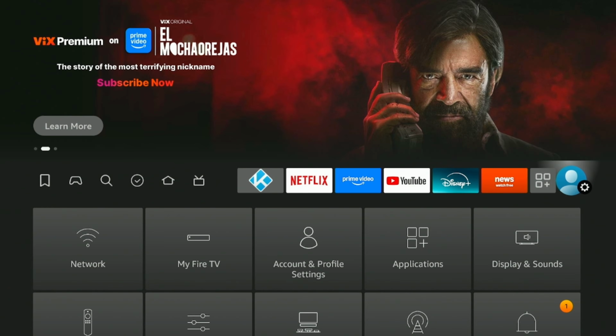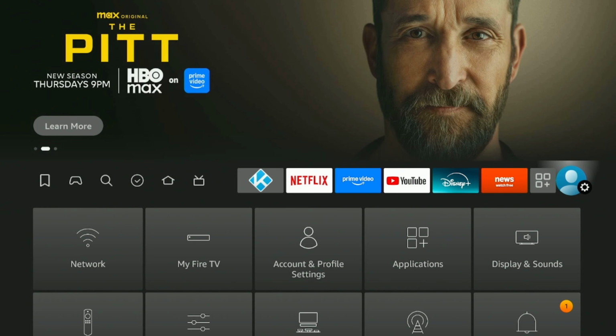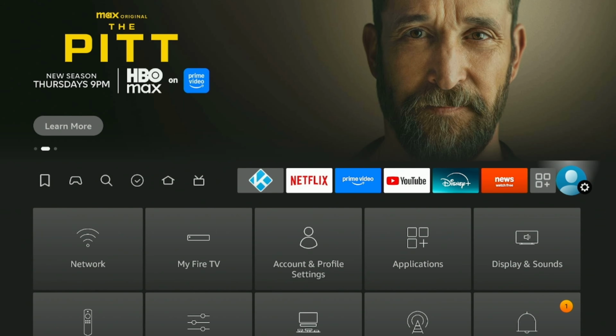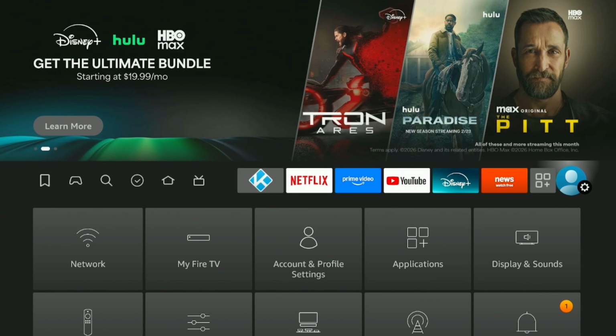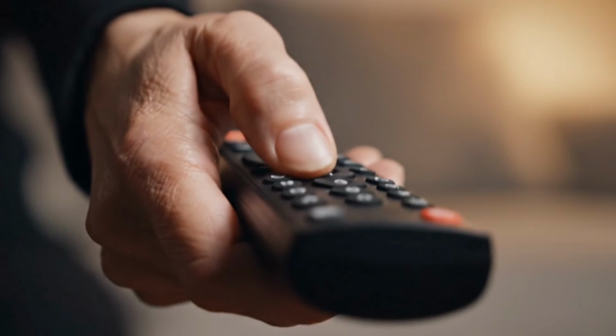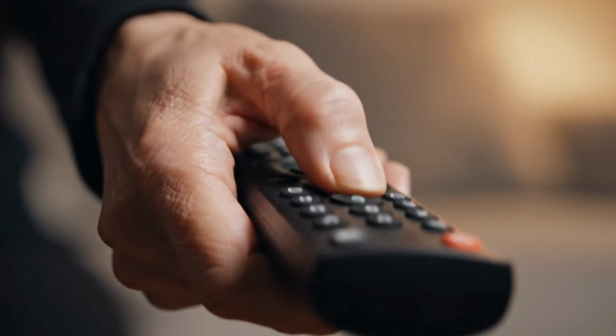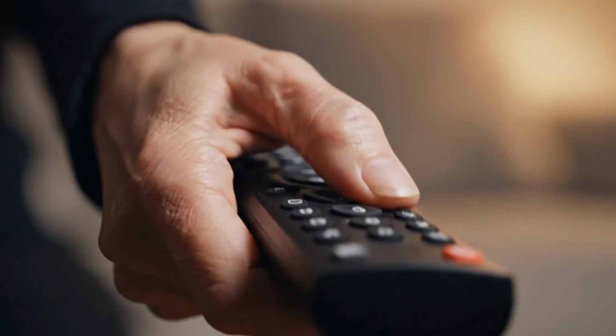Are you tired of your Fire Stick running slow, constantly buffering, or just lacking the right tools to organize your media? Today, I'm showing you an absolute game changer of an app, Onstream. This thing is incredibly fast. The interface is absolutely flawless, and it is going to completely revolutionize how you use your Fire TV or Android TV box. Grab your remotes, follow along with me step by step, and let's unlock the true potential of your